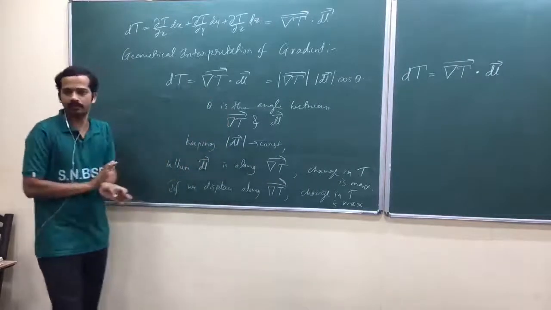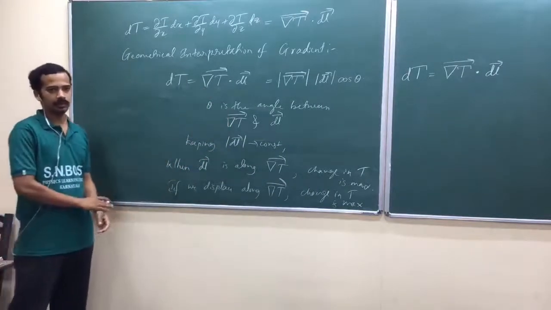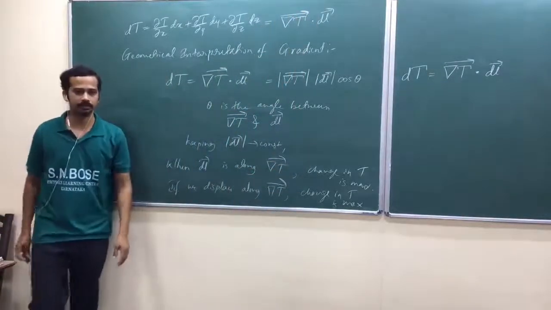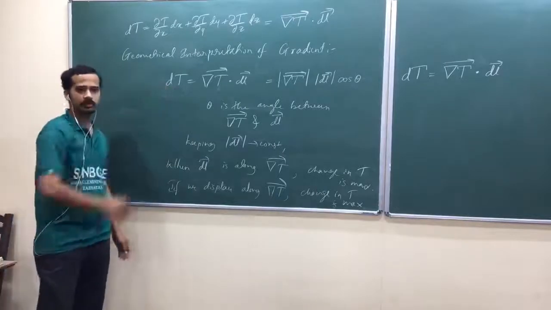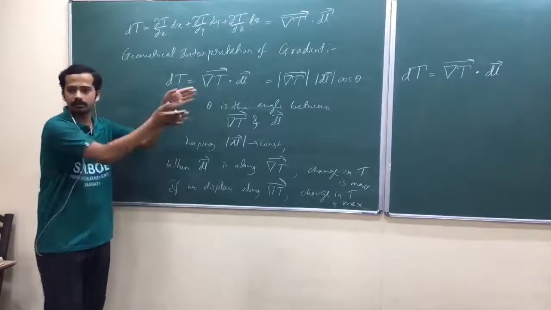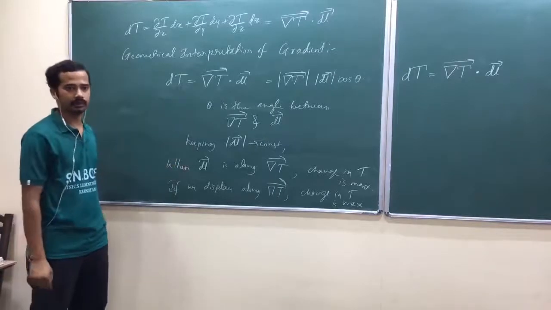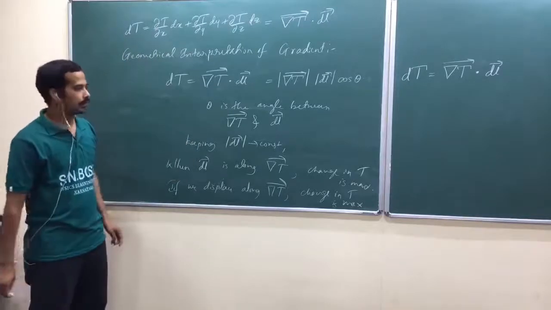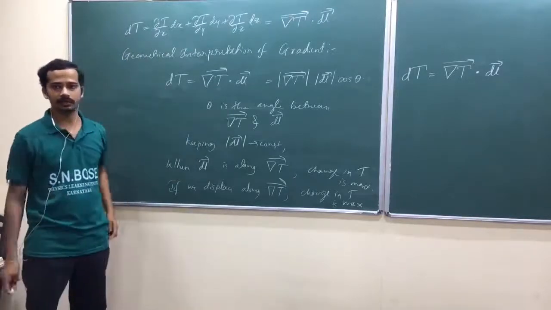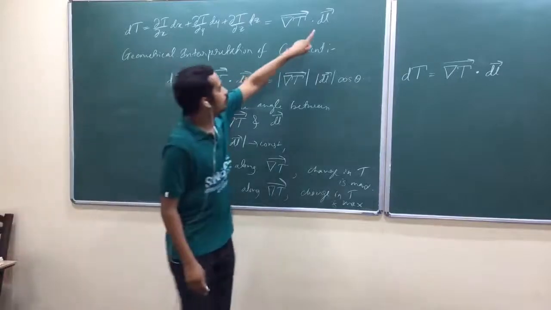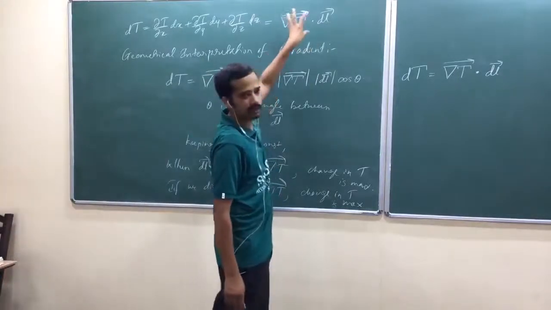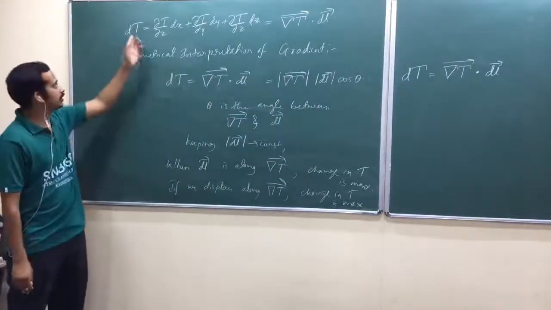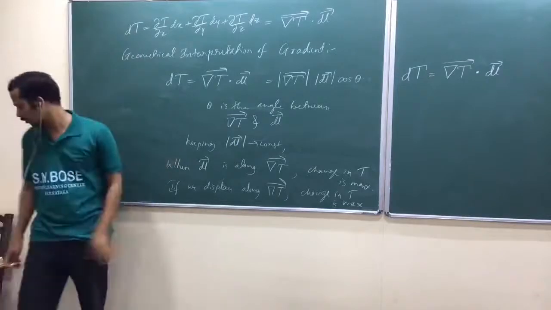Gradient is now one strange vector, am I right? We have to understand that, isn't it? In the whole story, I just introduced one strange vector. Now our aim is to understand it. We are not going to tackle that one directly. We can't do that because it is defined by this basic definition. So we are understanding it indirectly. When we move along the same direction of this strange vector, which we call the gradient of a scalar, the change in temperature or change in this scalar is maximum. That you can observe.